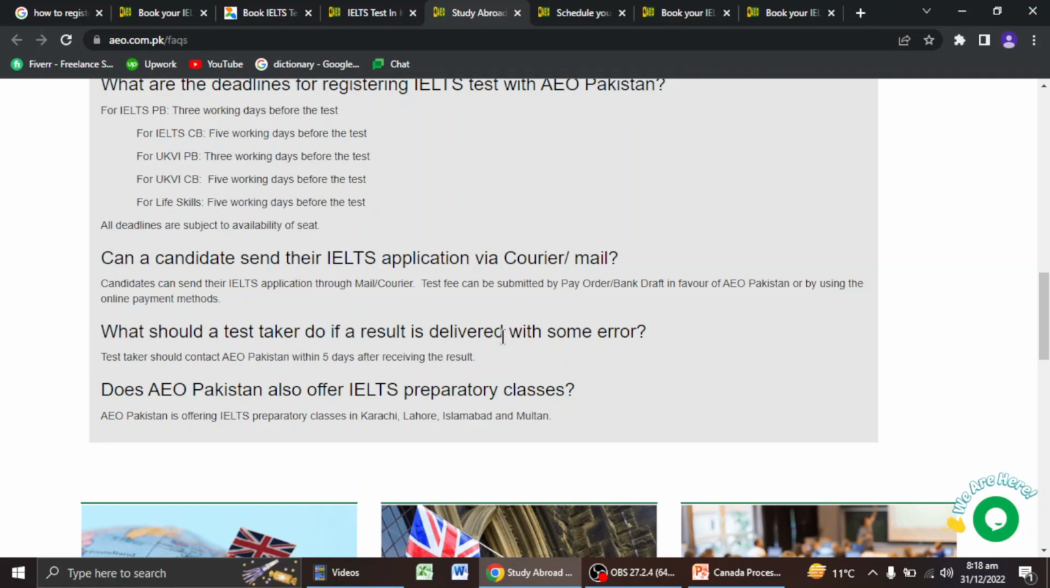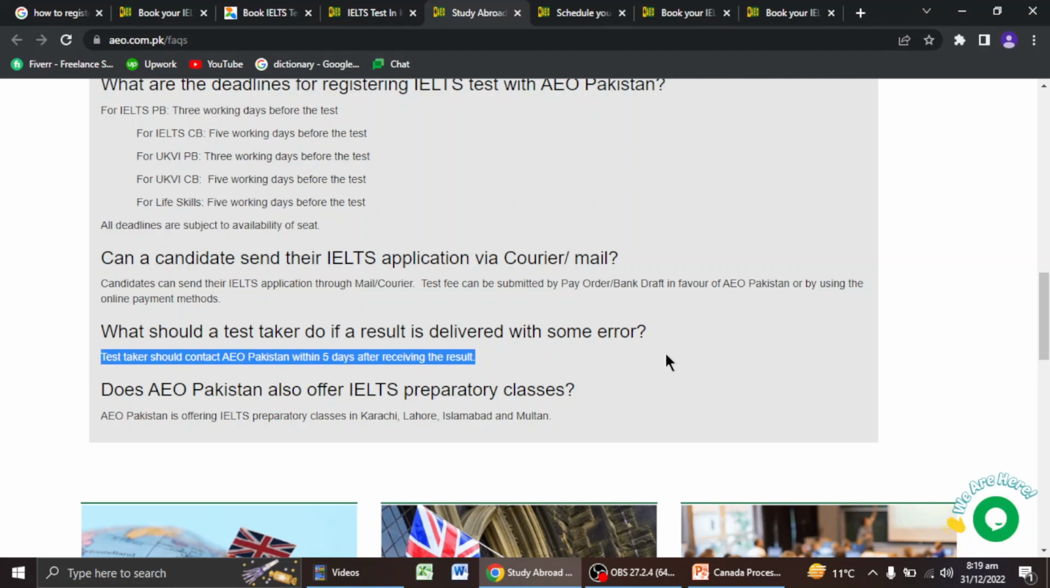Okay, if there's an error in the test, you need to notify them within 5 days. This is very important. If you miss the deadline, for example, the results are out on the 13th day, and if you don't inform them by the 18th or 19th day after receiving your results, boom, the result is final. Even if there's an error in the result and you believe that you performed really well in one section and their score is not reflecting it,